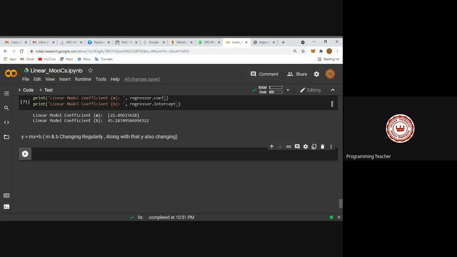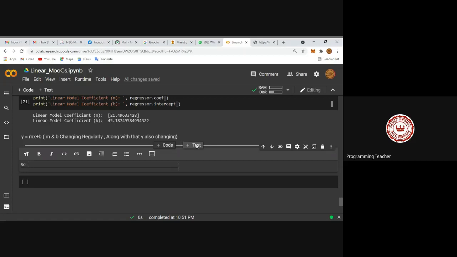That is fully prepared for us. We have to find out the model for m and b. We successfully delivered it. Now, what about y prediction? Everything is already done, so we successfully received the values of m and b.